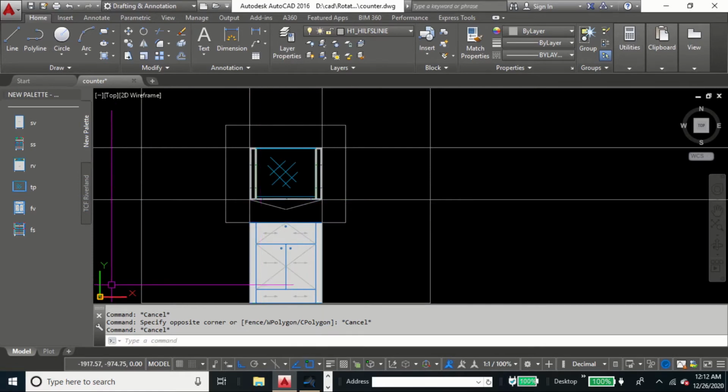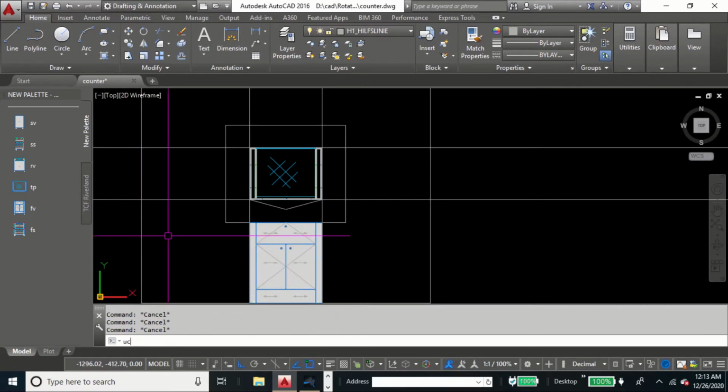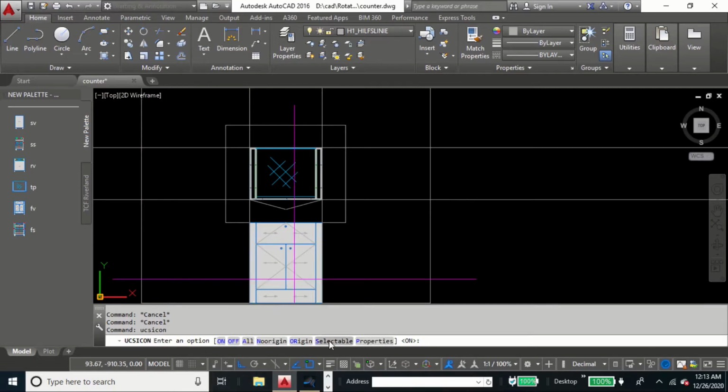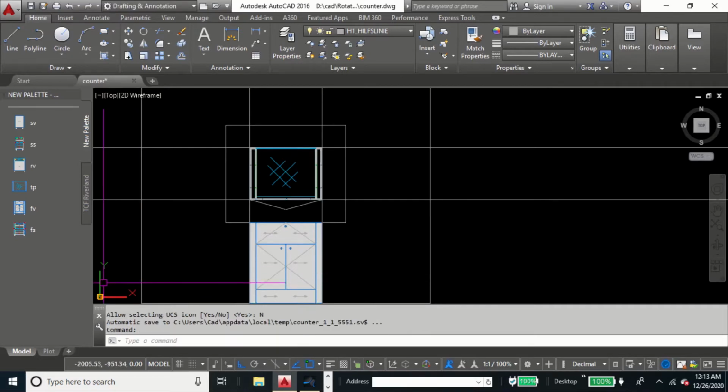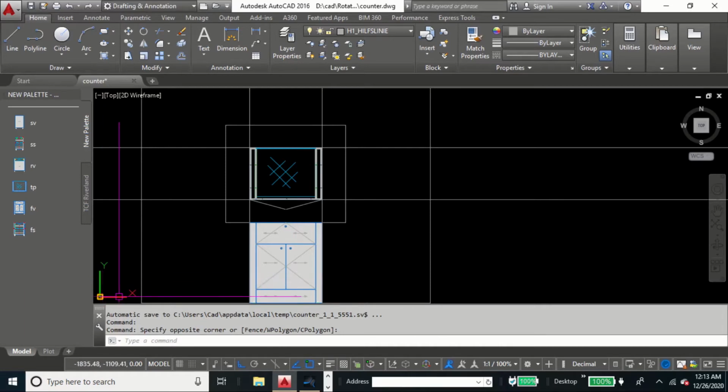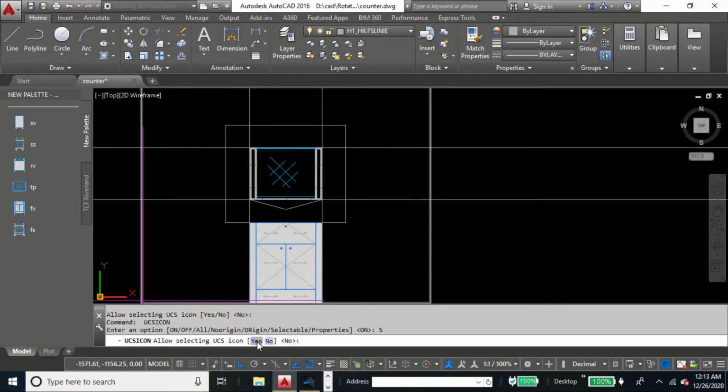Two things you have to do. First, if it is not selectable, see when I pick the UCS icon here, it's highlighting the UCS icon with grips. That is because of a setting. You have to type UCS icon in the command prompt and make it selectable. In this case my selectable is turned yes, that's why it is able to select. If it is no, see when I'm picking on the UCS icon, I'm not able to pick it. So first you type UCS icon and make sure that it is selectable. Now if you pick the UCS icon here, make sure that it is set to yes, and